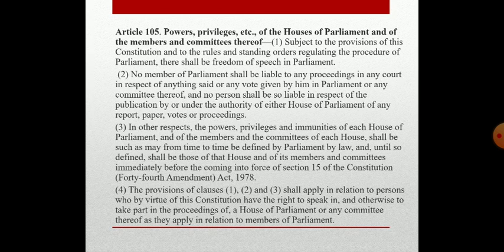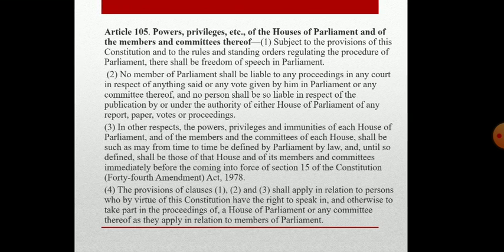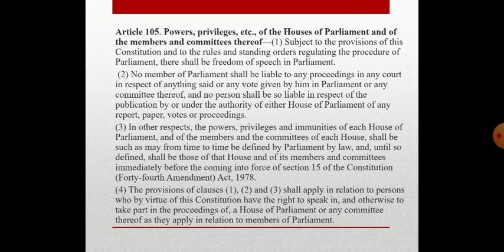So the position of the powers, privileges and immunities is the same as before the commencement of the 44th Amendment Act, and the present position is that it is the same as that of